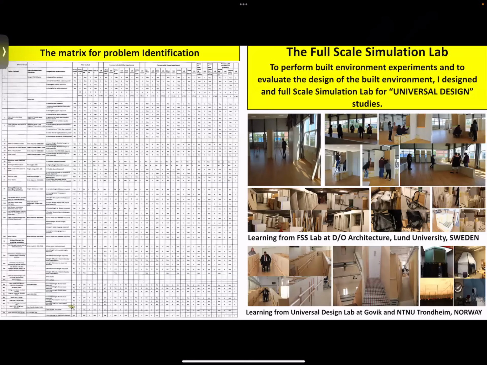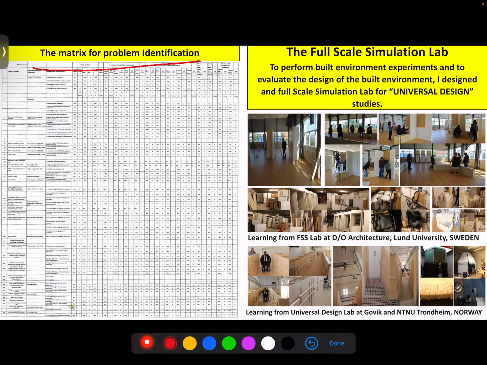My data was something like this in the form of a matrix. Of course, this matrix is not very readable, but if you see over here on this axis, it is the users, and on this axis, it is the questions asked with respect to the space. So those spaces, and these are the numerical values. And as far as the values of